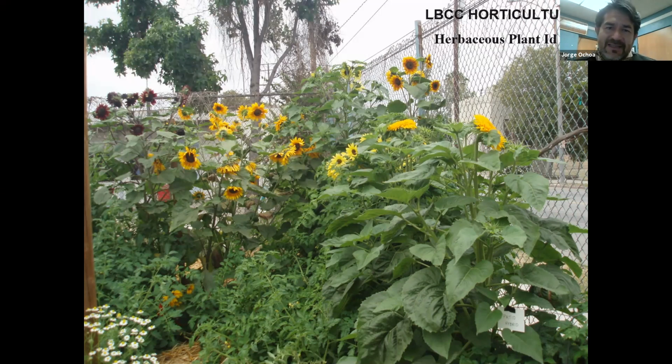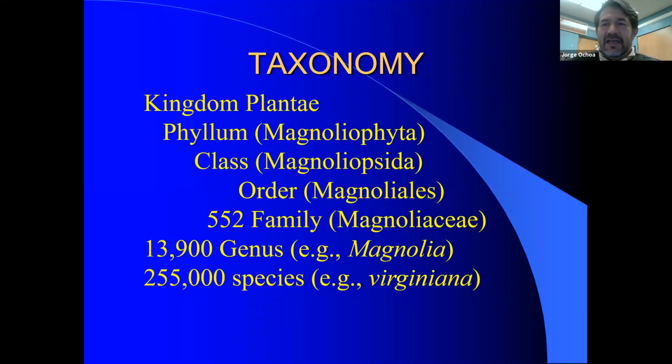And so we have a photograph of several sunflowers. I usually begin by showing you one of the more characteristic plants that belong to the specific group that we're going to talk about. And so this will be the family that has the sunflowers and its close relatives. And so before we start with that, it's important to just talk a little bit about the taxonomy